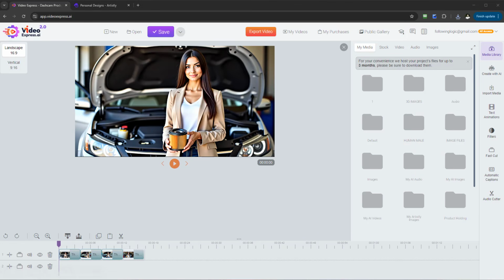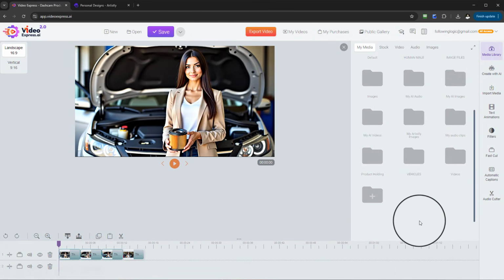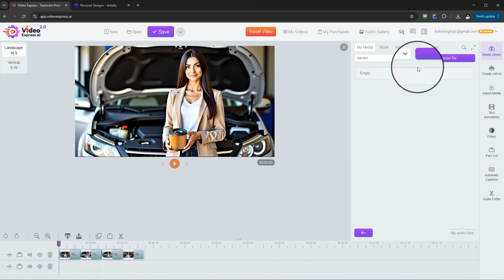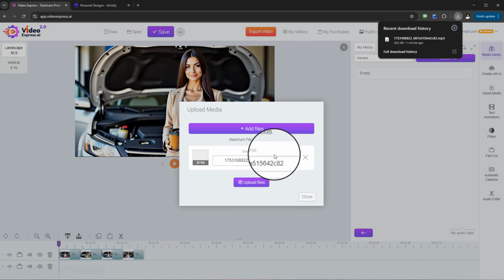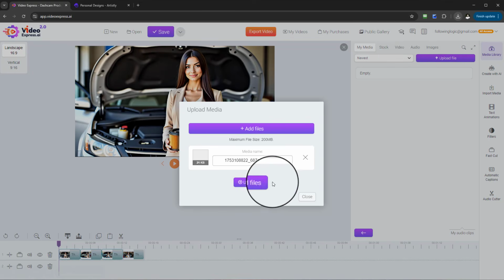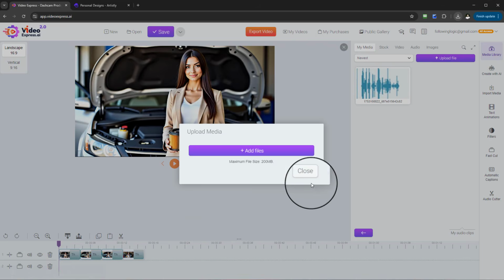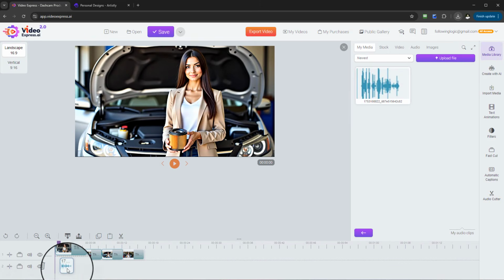Okay, so if you just made a folder, let's just say my audio clips. Okay, let's just keep this simple. Audio clips, add, and in my audio clips, you can see upload file, and then you can actually drag and drop. This one we've already done, so I drag it, drop it, and upload, and there we have it. Okay, and then I can just simply drag it down and drop it. That's it. So we've got an audio layer there,